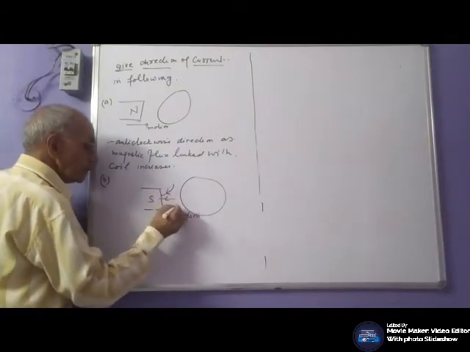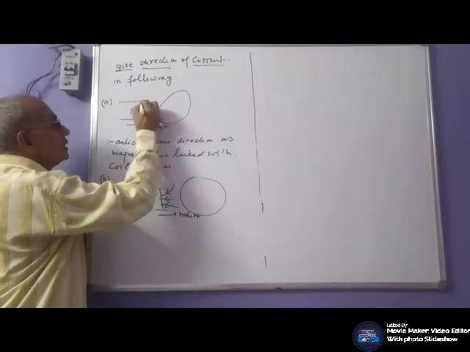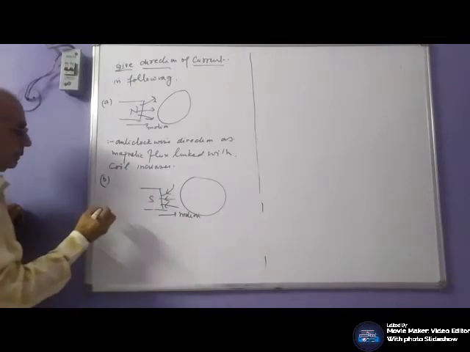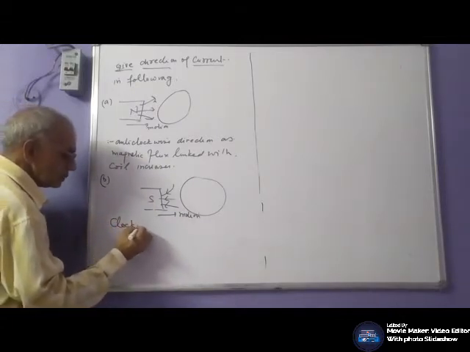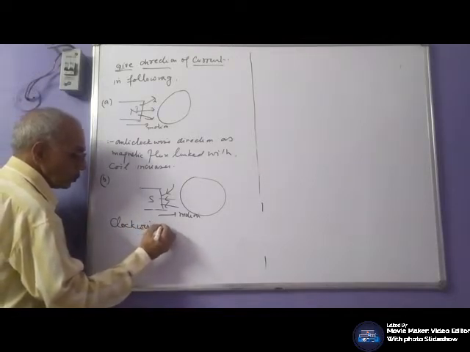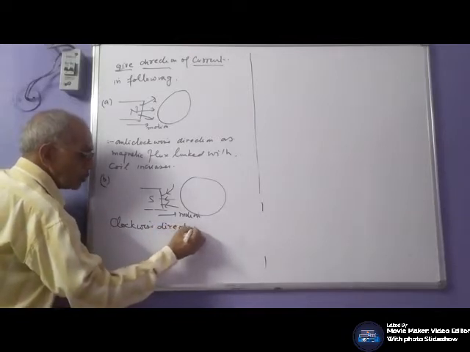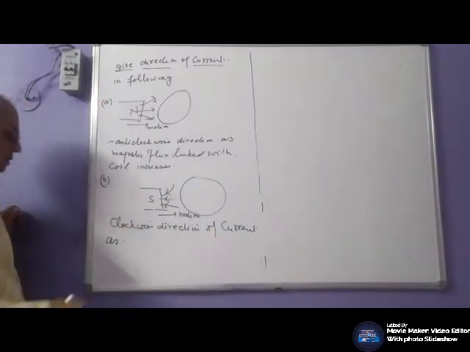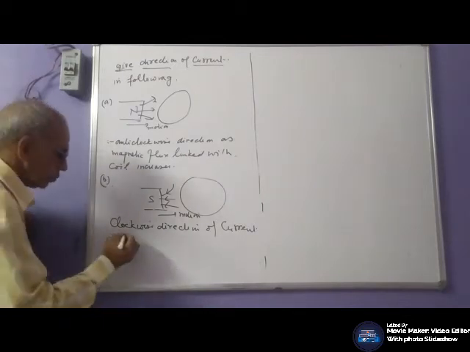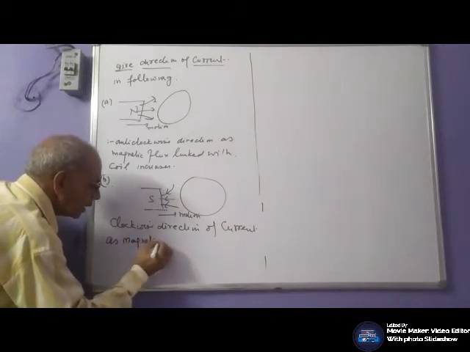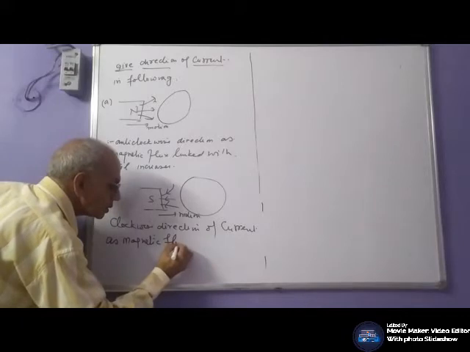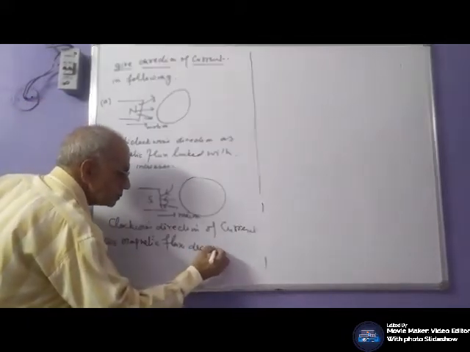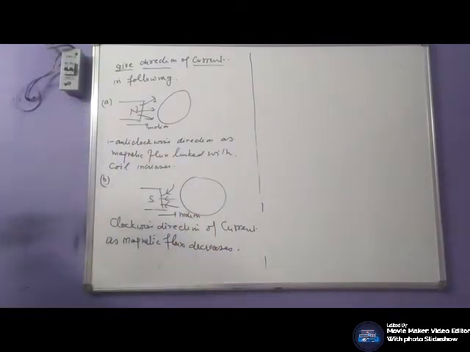ये फील्ड लाइंस हैं अब ये फर्स्ट ये फील्ड लाइंस थी अब ये नेगेटिव जैसा बिहेवियर है तो क्लॉकवाइज डायरेक्शन ऑफ करंट as magnetic flux decreases. ये कहाँ किया था जब लेंजिज ला किया तब था फ्लक्स इंक्रीज एंटी क्लॉक फ्लक्स डिक्रीज क्लॉक